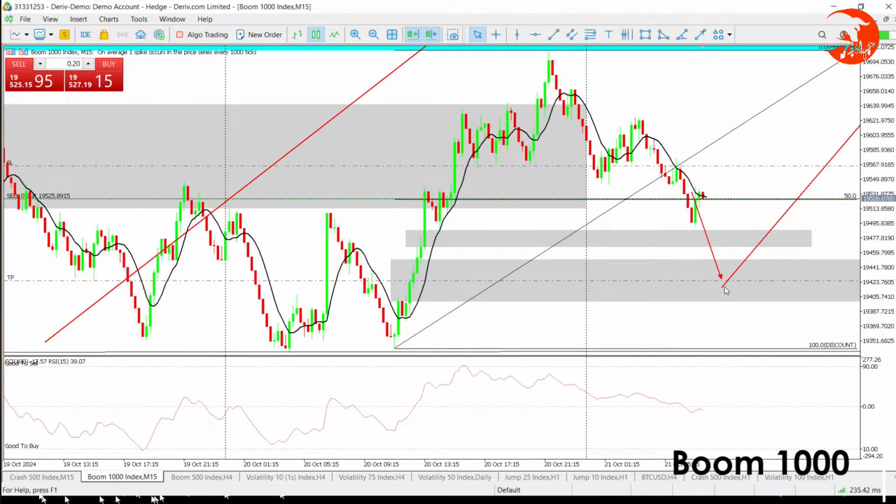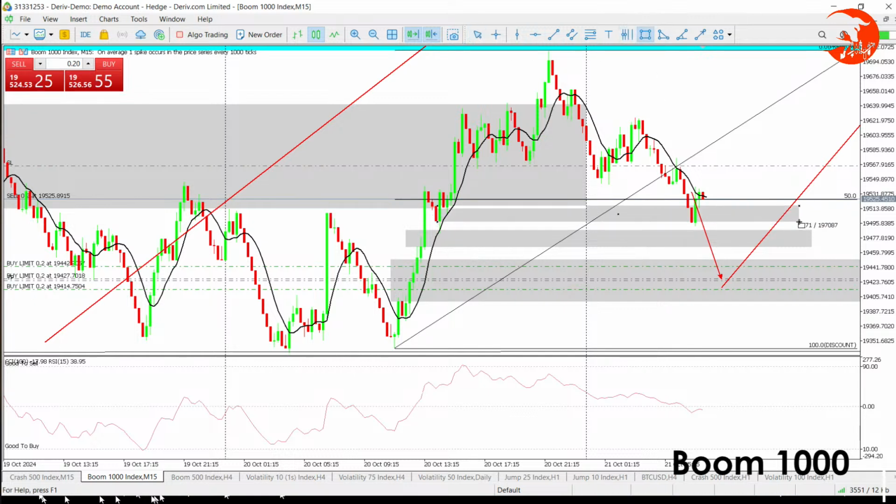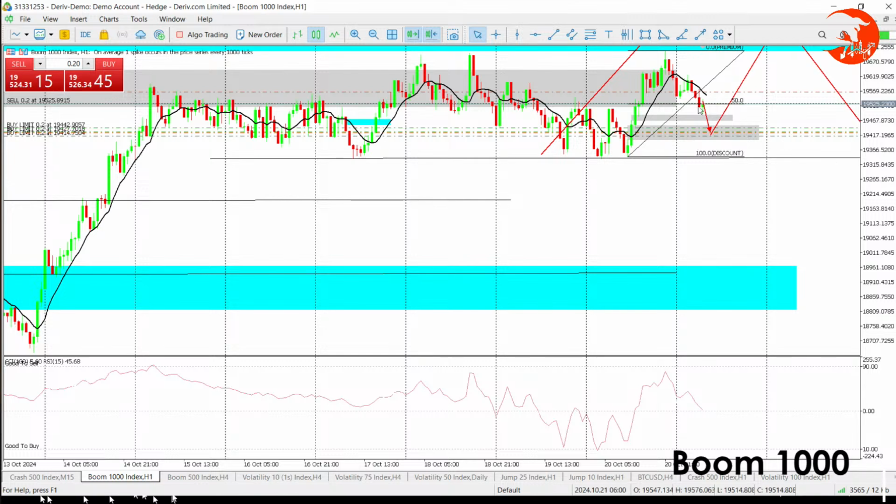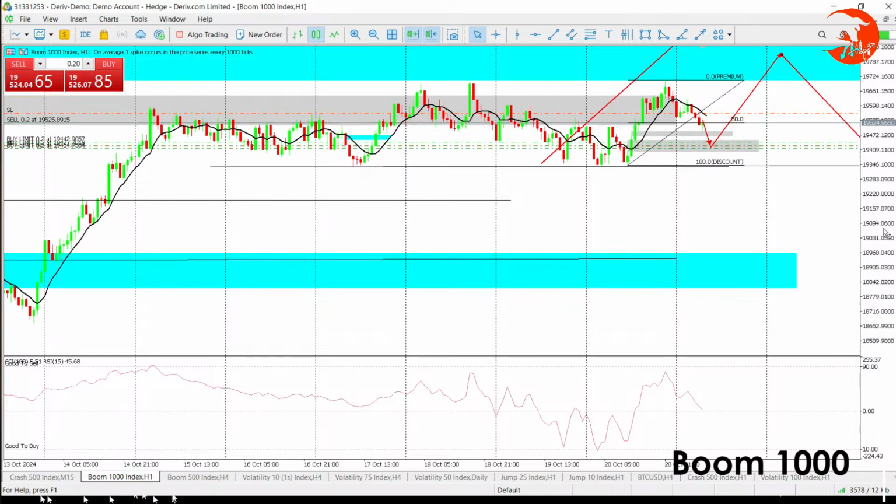Then later on here, I'll be looking for my buy entries. So that's how I've concluded with this asset. I'm not expecting any turn, although from M15 you can see that this is some kind of support, but we're going to see if it is actually going to hold. So we'll wait for that, but for now, according to H1, I'm looking at price coming all the way down below here and then give me an entry for the buy to take me all the way up there on